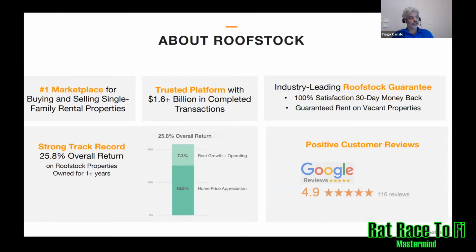So Roofstock is just a marketplace where owners of rented houses put them into sale mode, and when you list and you search for properties, you will find the majority of the properties have tenants in place. So for us that are looking for long-term rentals, it's a very good place to start looking for. But what I can say firsthand is that see it as a second tool for you to play with, and or if you are a lazy real estate investor, it's a perfect spot because everything is done to protect